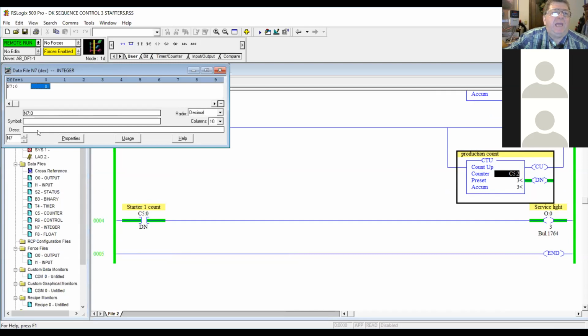The N7 is a place where you can store large numbers like production counts. You can store large numbers, like if you've got chemical treatment, or if you're storing recipes or anything like that involving big numbers, you can put large numbers in the N7 file. So N70 could hold an integer. It's called an integer file. And you can put a large number in N70, another large number in N71, N72. You can put a large number in each memory location